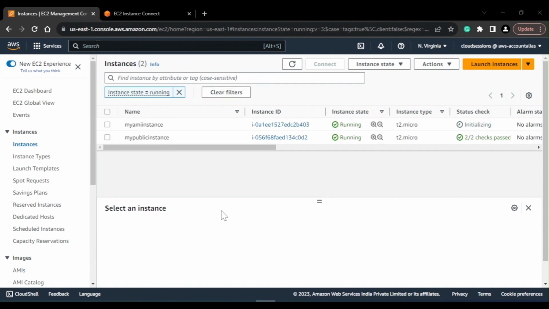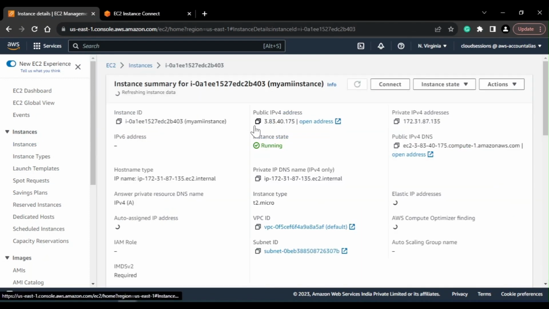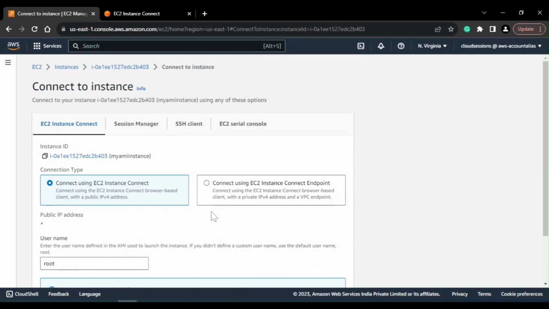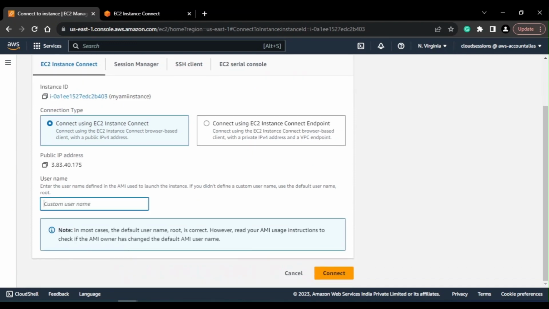Currently my instance is in the initializing phase. Let's see. Let's wait for some more seconds. So my instance's status checks are fine now. I'll connect to this. I can use the same user. If I just go ahead and connect to this instance,